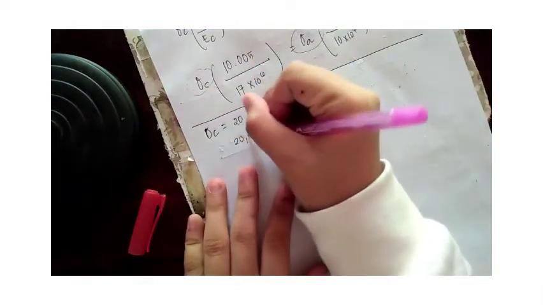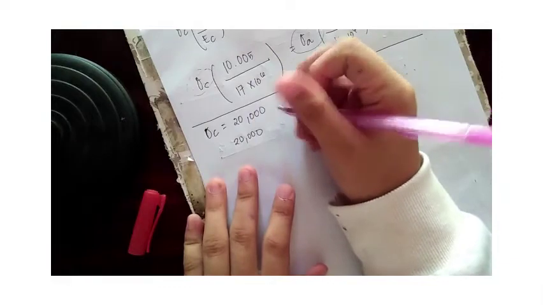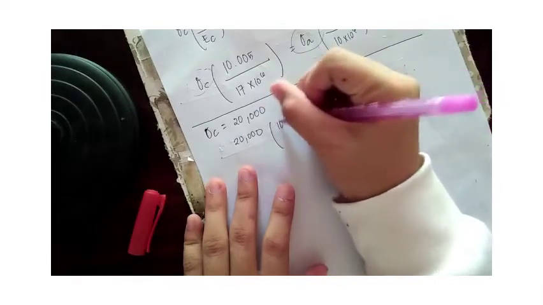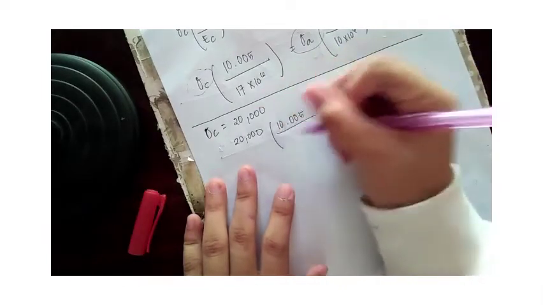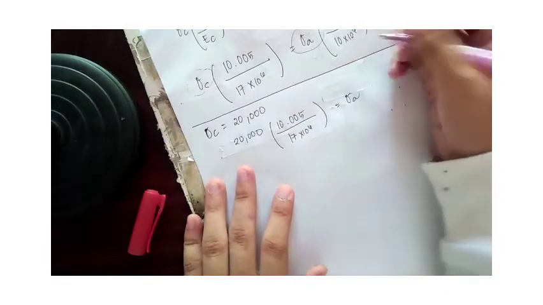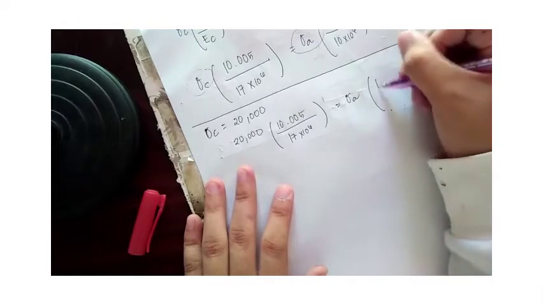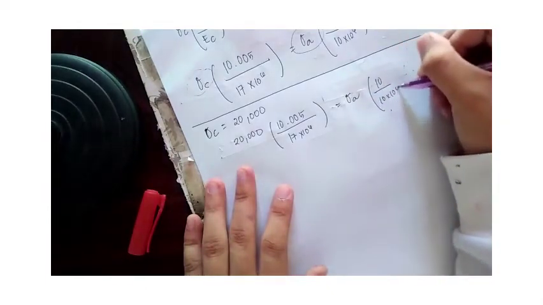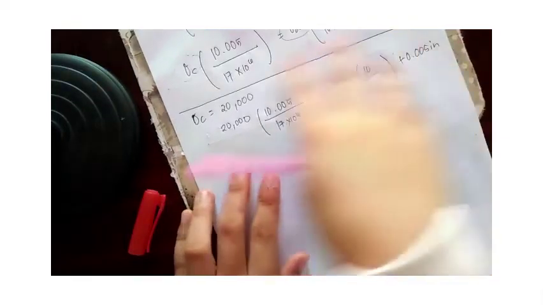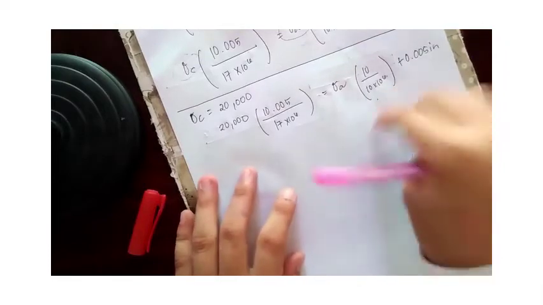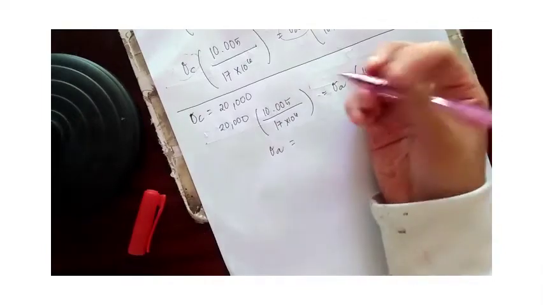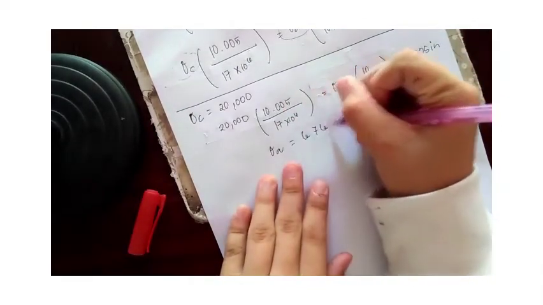So, 20,000 times 10.005 over 17 times 10 raised to 6 is equals to stress of aluminum times 10 times 10 raised to 6 plus 0.005 inches. Then, for simplification, ang makukuha natin na value ng stress of aluminum is equals to 6,767.60